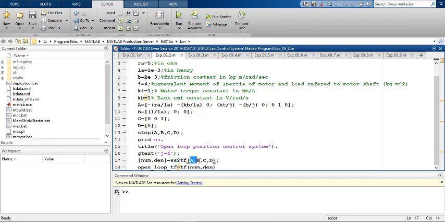It transfers the state matrices to the transfer function as numerator and denominator. The numerator will be stored in num, and the denominator will be stored in the den variable, and from that you can get the open loop transfer function as tf within brackets num comma den. So I'll run this and you'll check for yourself.